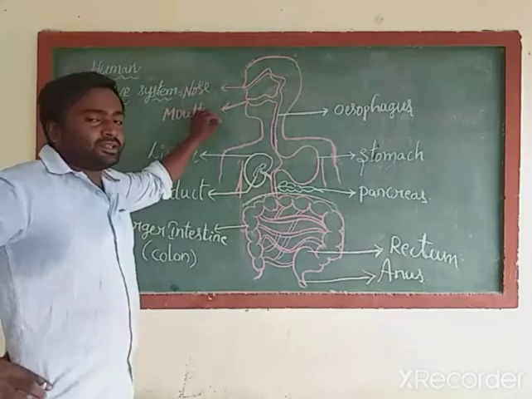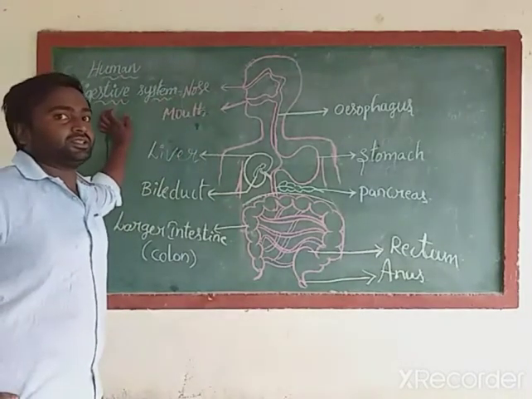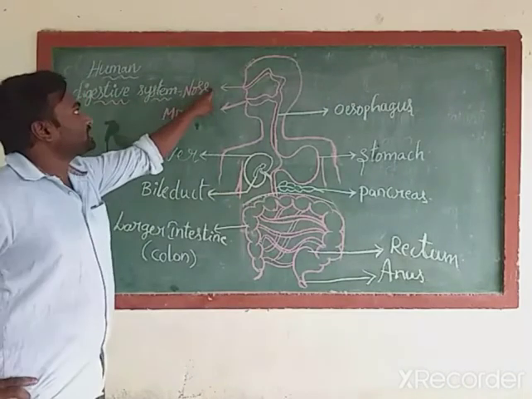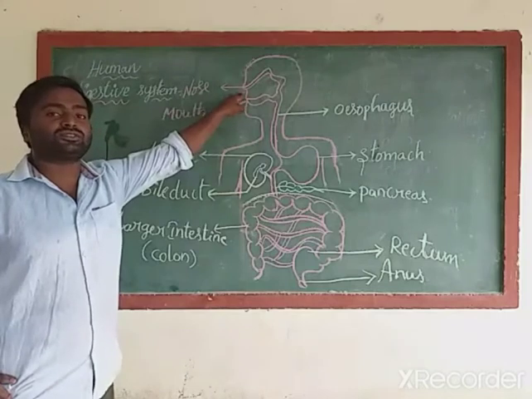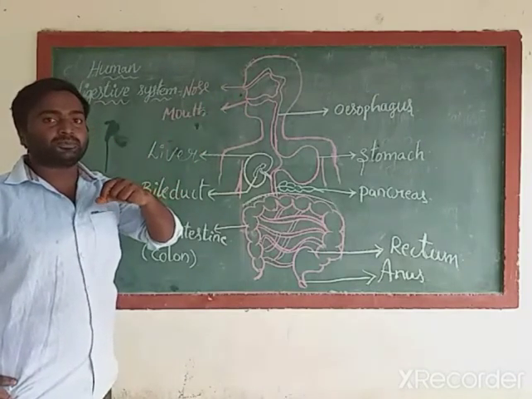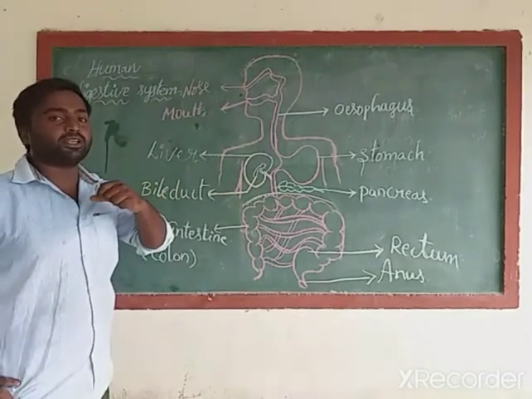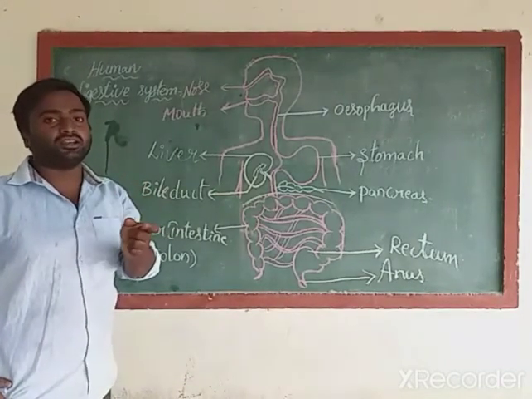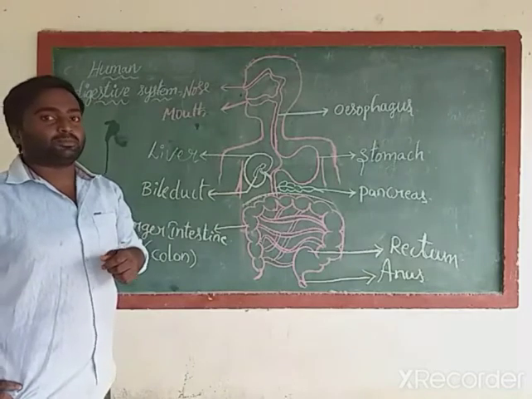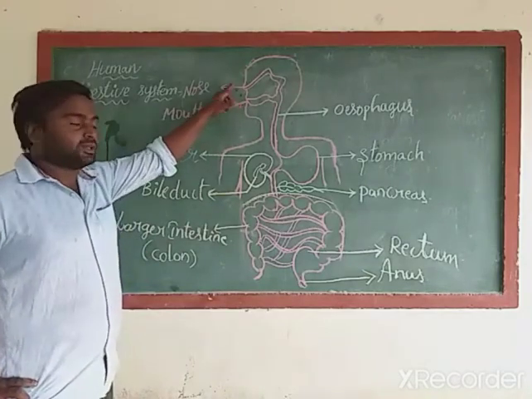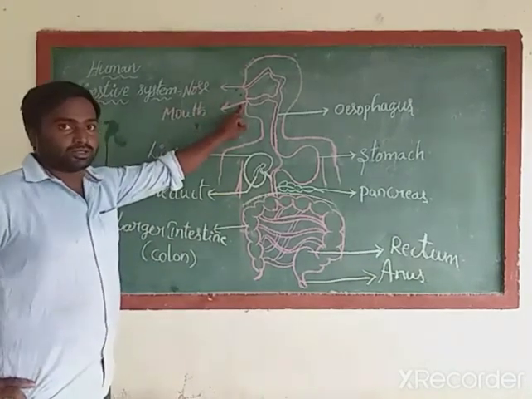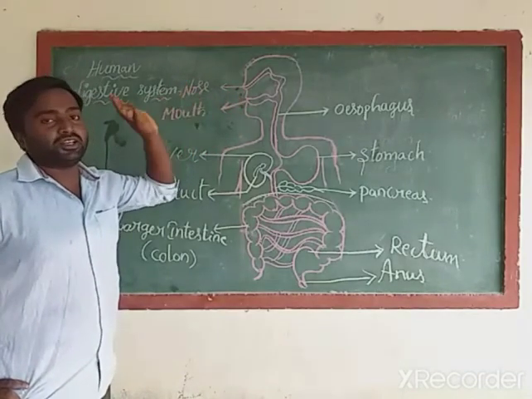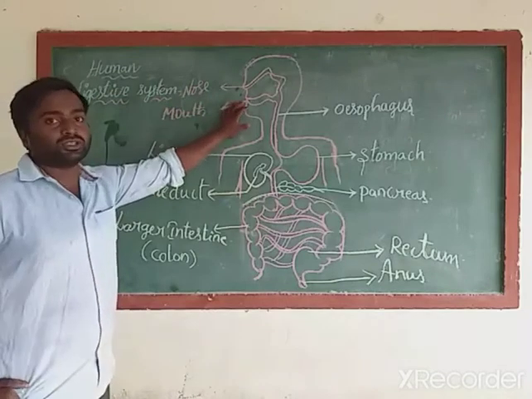Okay, is it completed? Now I am going to explain this diagram. It is very important for 4 marks. Let us see, this is nose. What is the use of nose? Nose is useful for respiration. In the respiration process we take atmospheric oxygen and release carbon dioxide into the atmosphere. Next, this part is mouth. No need to discuss the nose, it doesn't play any role in digestion. We need to discuss the mouth.